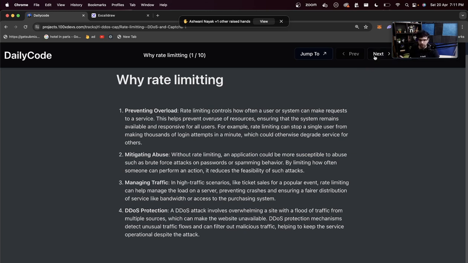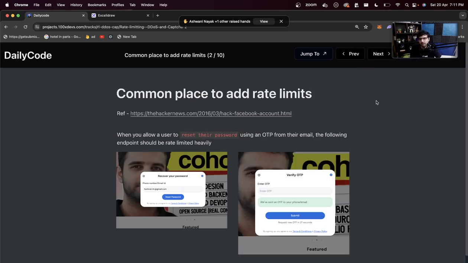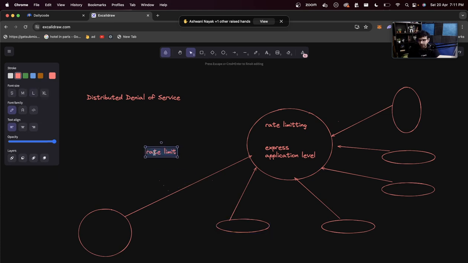As your application grows, you should always have strict rate limits. Now, what is the condition of the rate limits? It could be the IP of the user. Here, this IP is sending a lot of requests. Let me block it. This might be why a lot of times in college, you might go to, let's say,